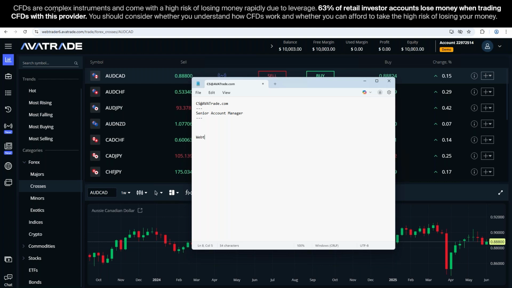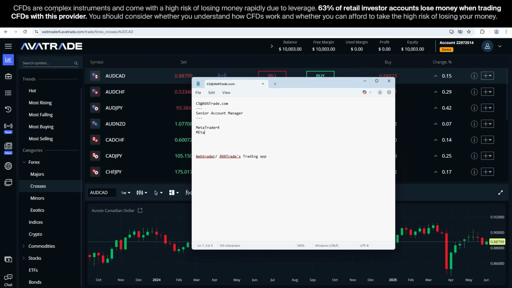now, which is called the Web Trader. Although, and on the app, almost forgot, AvaTrade's trading app. It's almost the same thing. We have to understand that this is a computer and the app is an app. But the features that I'm going to show you today are similar, and you can obviously find them on the app as well. But before we carry on, I would like to also mention other platforms that we have,